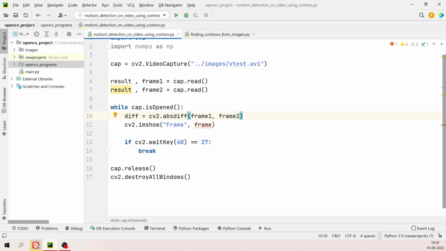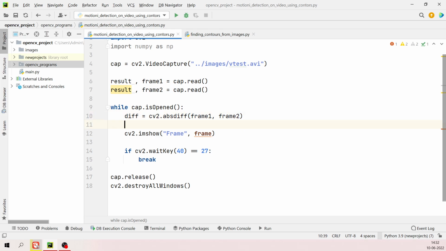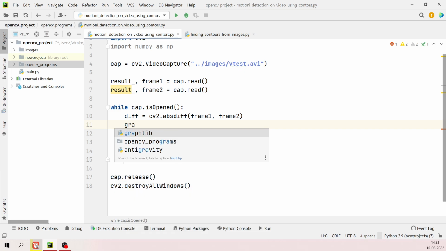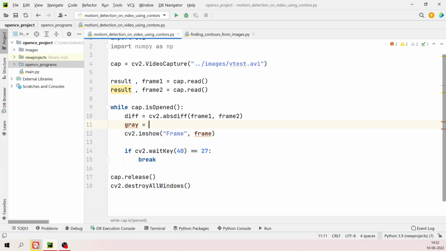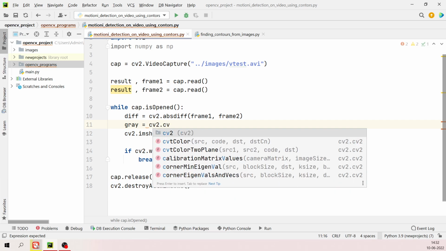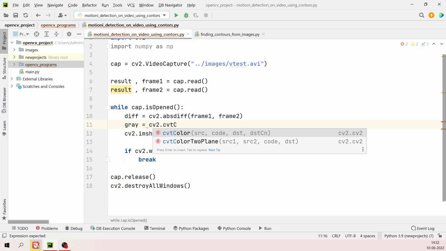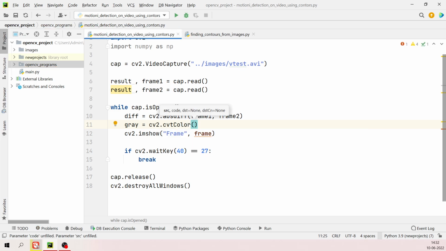These are the parameters which we have to pass. Now, why we are doing this is because we want the grayscale image of the difference of frame 1 and frame 2. So what we are going to do is use the cv2 cvtColor function. In that one, I'm going to pass this difference of the